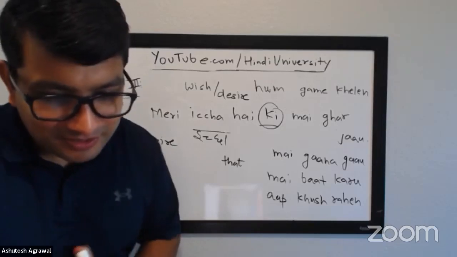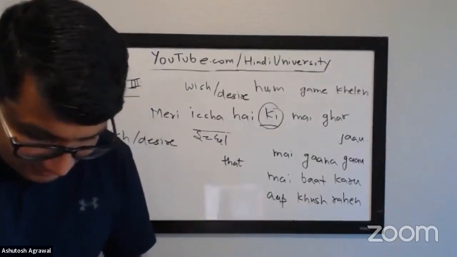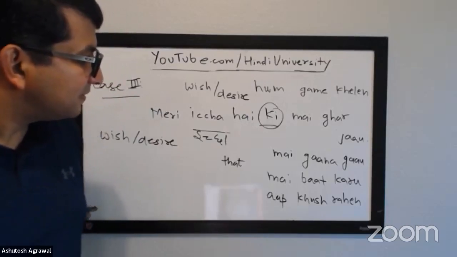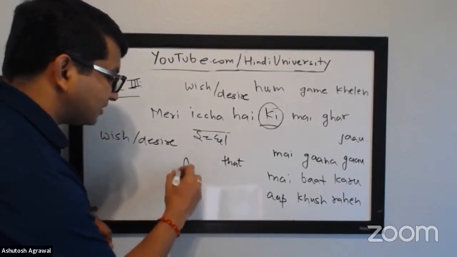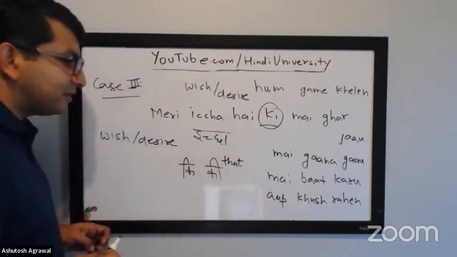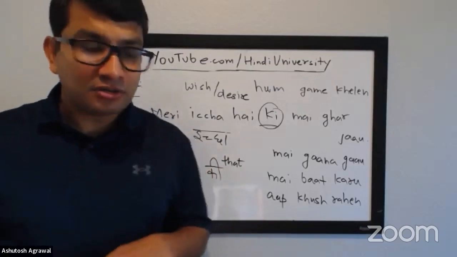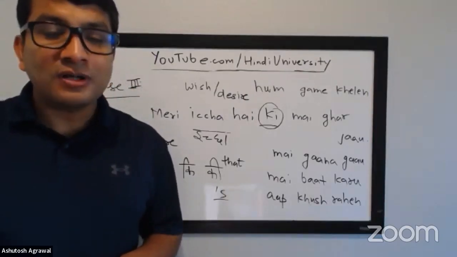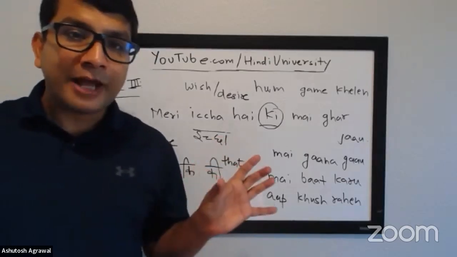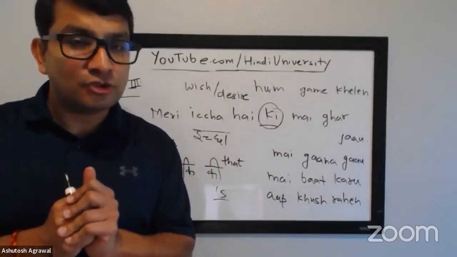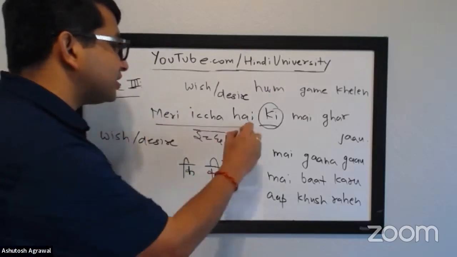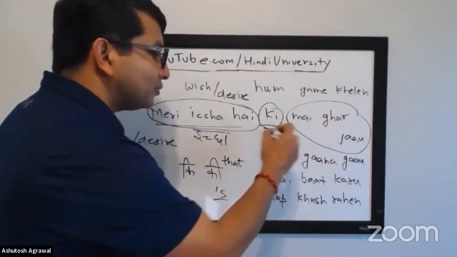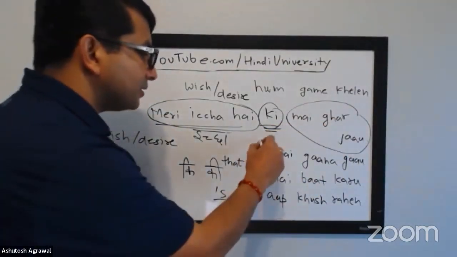Any questions? Ashuji, yes. May I ask that you put a circle around the key? That's the other spelling of key that means that. So I wish that. Right. Two keys, right? Yes. The small and the bigger one. Right. So this is not Ron ki ladki. That's Ron's, apostrophe s. Ron's daughter is Ron ki ladki. Right. Ron ki car. This is when you want to combine two sentences. This is conjunction. So meri ichha hai is one sentence, it's my wish, and main ghar jaun is another sentence. If you want to combine both of them, you're using this conjunction that.